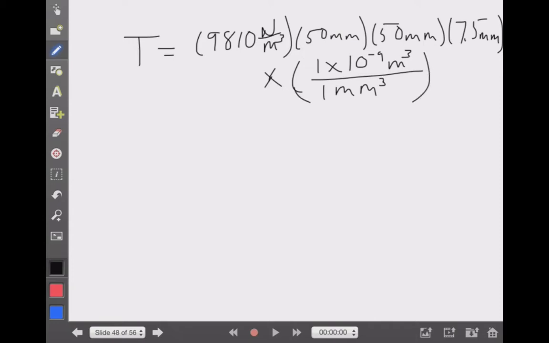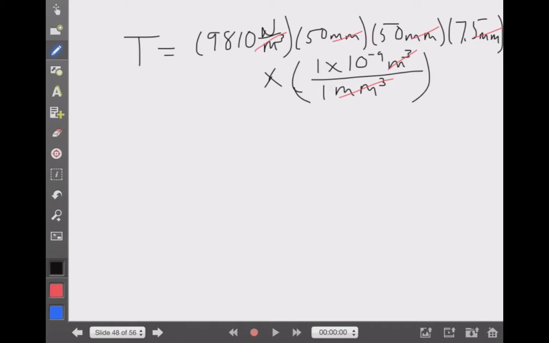Because you're basically taking the cube of 10 to the minus 3, that's a small number. And we can see that, canceling our units, the millimeters cubed are going to cancel out, and the meters cubed are going to cancel out, and what we're left with is just newtons. So the tension in the string is going to be in newtons, and multiplying, oh, I take that back. That's just for the